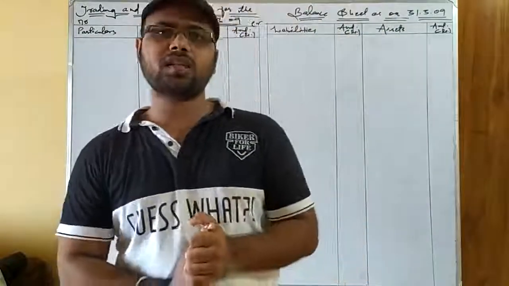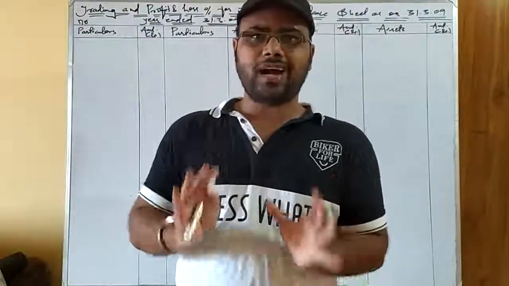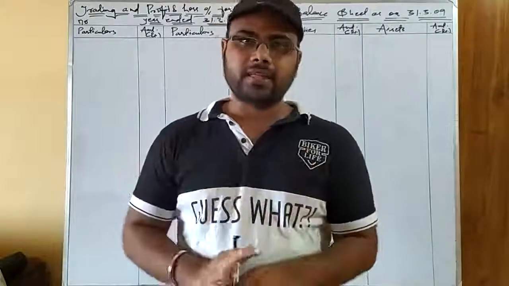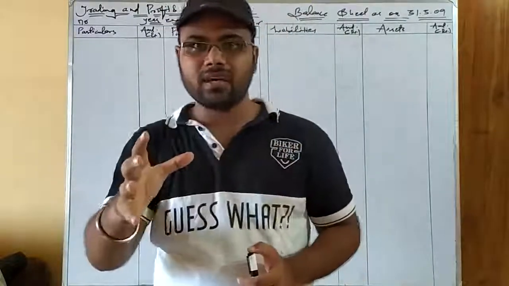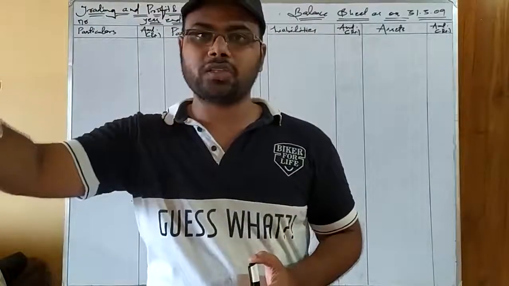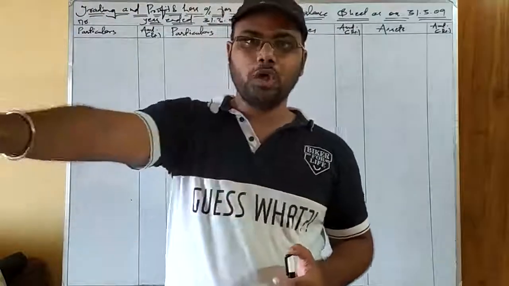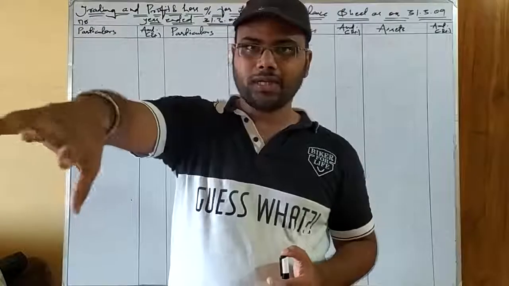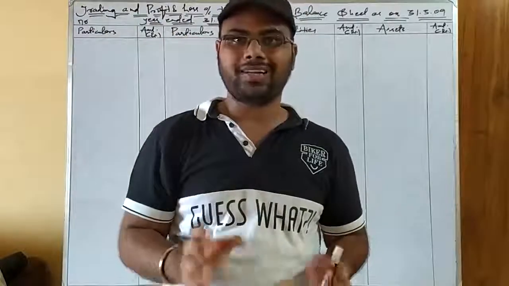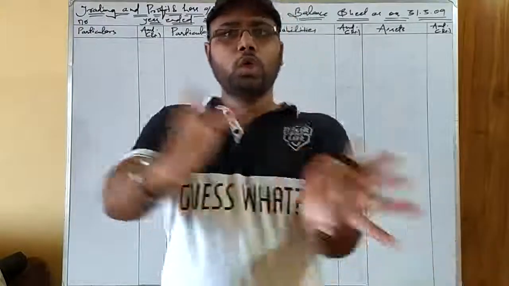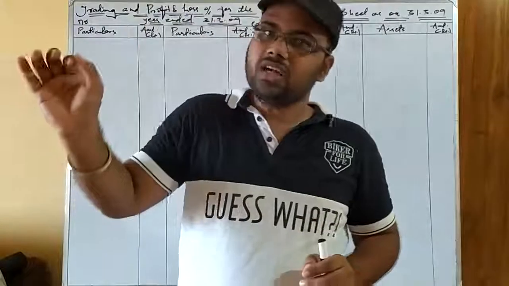Now the thing is, how do we post these items to the financial statements? I have already told you how to post items to the trial balance. You have to make a proper categorization of all the business transactions into six categories. I told you that. Those six categories you have to analyze now also, when you are transferring the items of the trial balance to their respective financial statements.